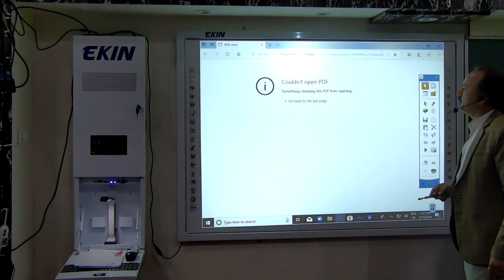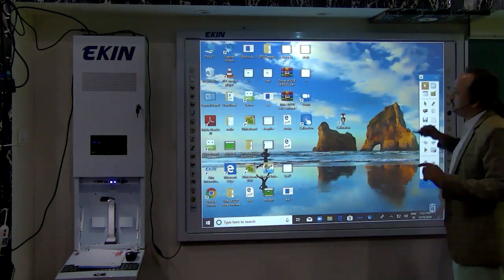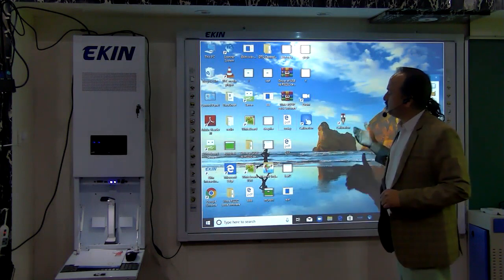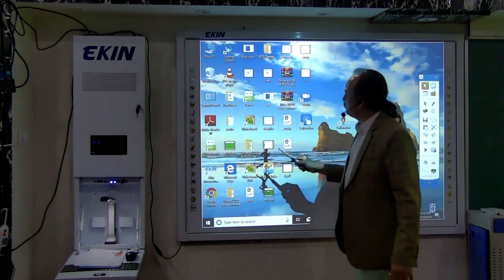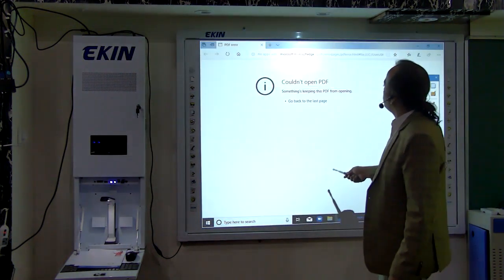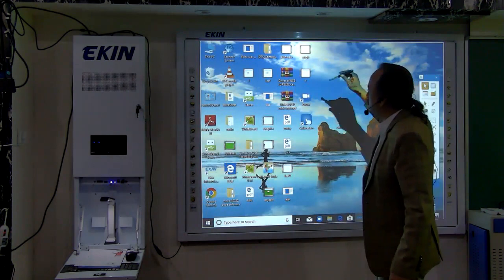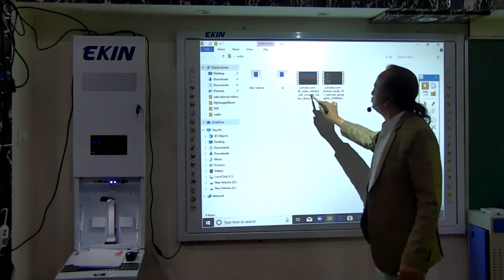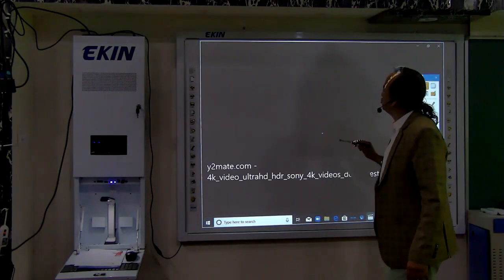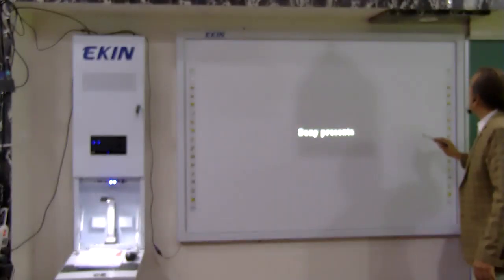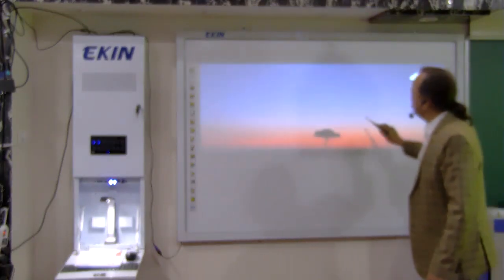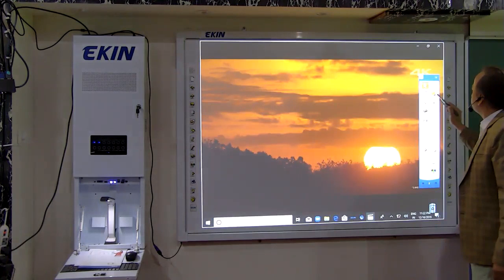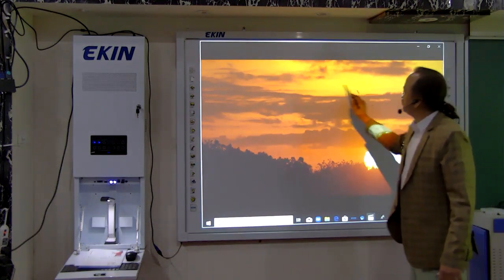You want to run any PDF, well, you can do it. So not only can you go out, but if you want to write something on any PDF or any document, it is possible with our software. So if you have any PDF file, let me check. I don't have one right now. So what we have done, we are running a file here. It's a video file. I'll show you how you can write on this. You just go to the annotation mode. If you want to write on this running video, it is possible.